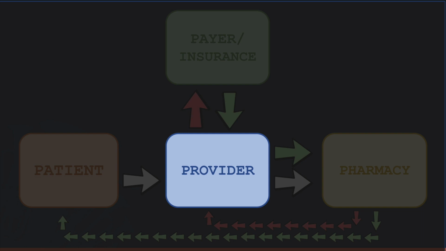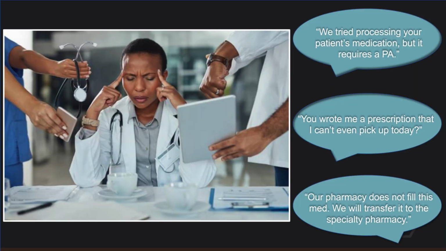Alrighty, so if there's anyone here that works in a clinic office, a physician or working in a provider's office, you can tell that providers at this stage in the prior auth process are very frustrated, right? We're going to go over why, but here physicians are hearing from multiple stakeholders. They're receiving calls from multiple people, from the pharmacist, from their specialty pharmacy, from their patient, right? All on one prescription. A provider is not only dealing with the patients that they have to see this day, but now they have to add on top of that clinical justification paperwork, right, to submit this data for their prior authorization.